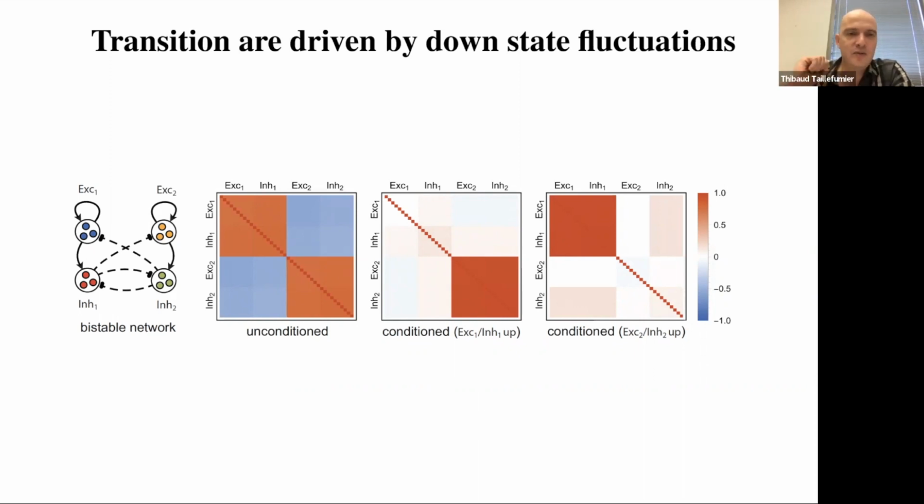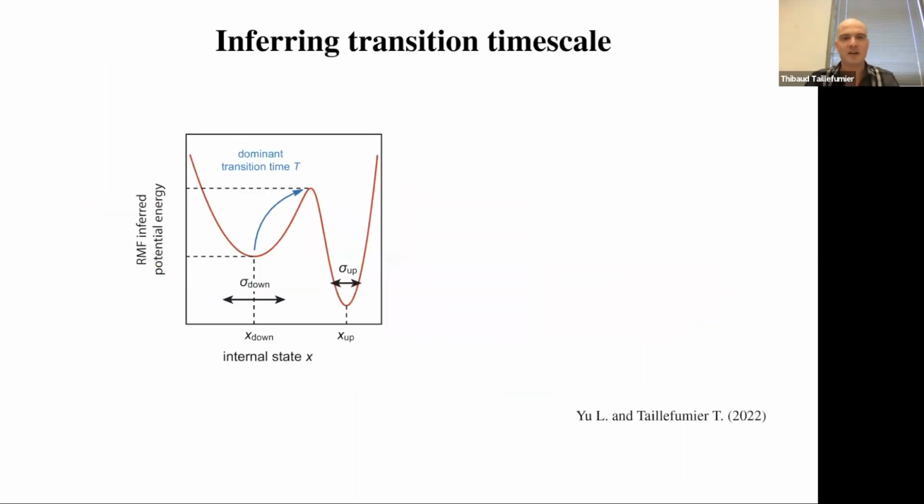Why? It's because if you have a transition, that means somehow at some point something unlikely is happening. So that means you will have fluctuations that are larger in magnitude than what you would expect based on averaging. And those fluctuations are likely to emerge in a population that is naturally correlated. Okay, so that's the down population. And so what it tells you is that the rates that dominate the transition have to originate from the population that is down. Okay, so once you realize that, you can say, okay, well, then I can think about those transition rates as the rates that come from